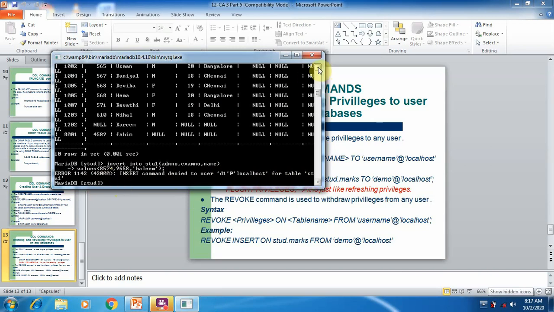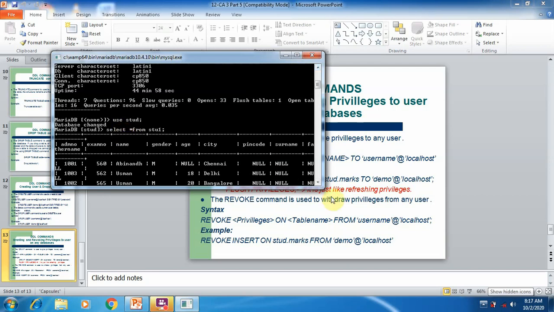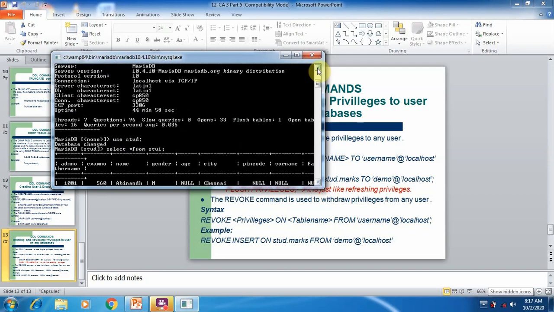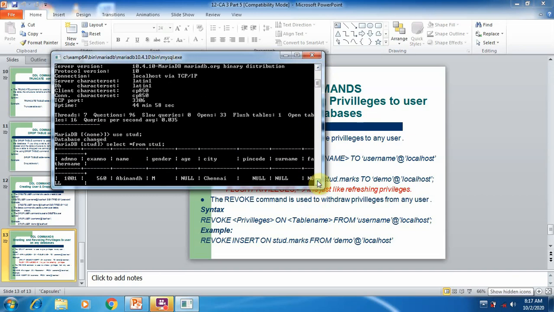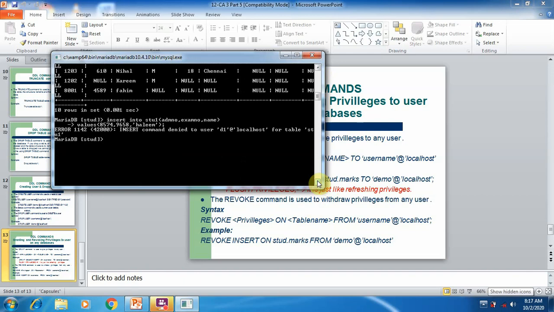So you are in a D1 user. Select command is working, but insert command is not working. But before, when you logged in, you got permission to insert as well as to use select command. But after using the revoke command, we withdrew the privileges of insert on the student table from the D1 user.